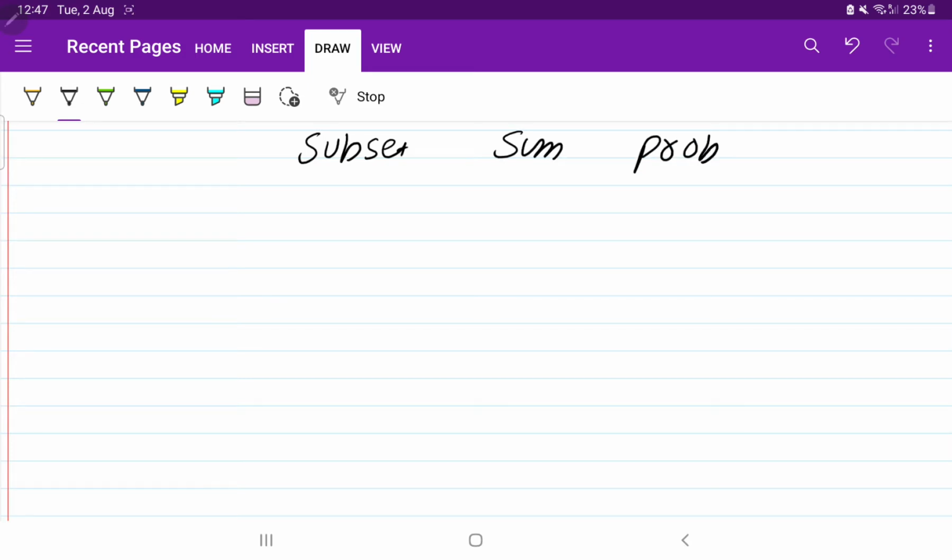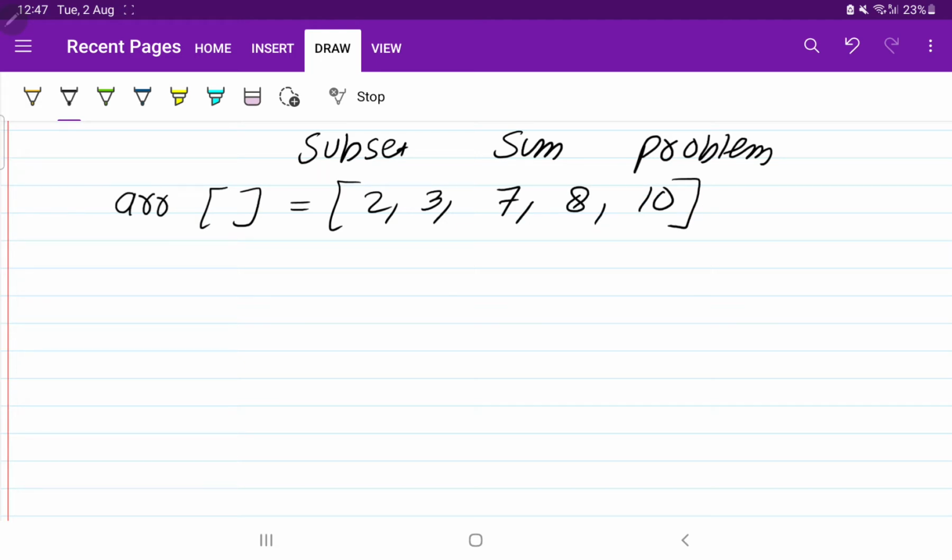So first of all, what is given in the subset sum problem? An array will be given which will contain the elements 2, 3, 7, 8, 10. Suppose this array is given, and the question asked is: is there a subset possible which will give us the sum as 11?